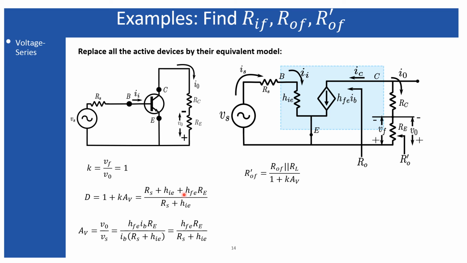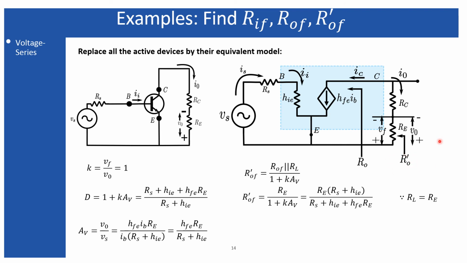So first we have to find this Rof dashed. What is Rof dashed? It is equal to the parallel combination of Ro with the load impedance, which is Re, divided by 1 plus K times A capital V. Look at here. Here basically you have taken into account the load, both in the numerator as well as in the denominator by considering A capital V, and basically you are looking at this Rof, the with-feedback output impedance, from a similar terminal where you are actually defining this Ro dashed.